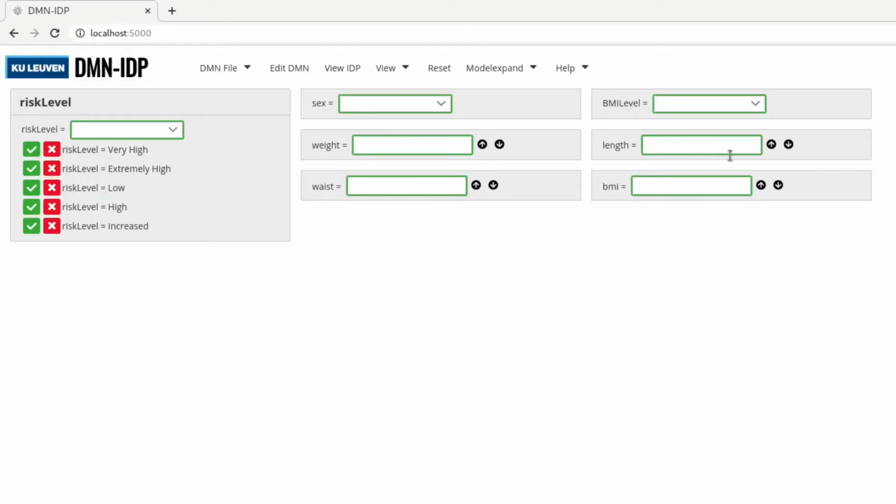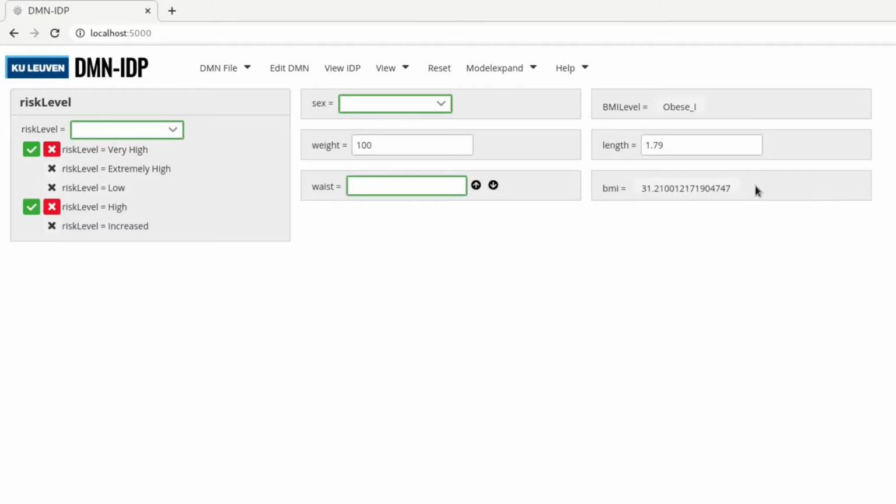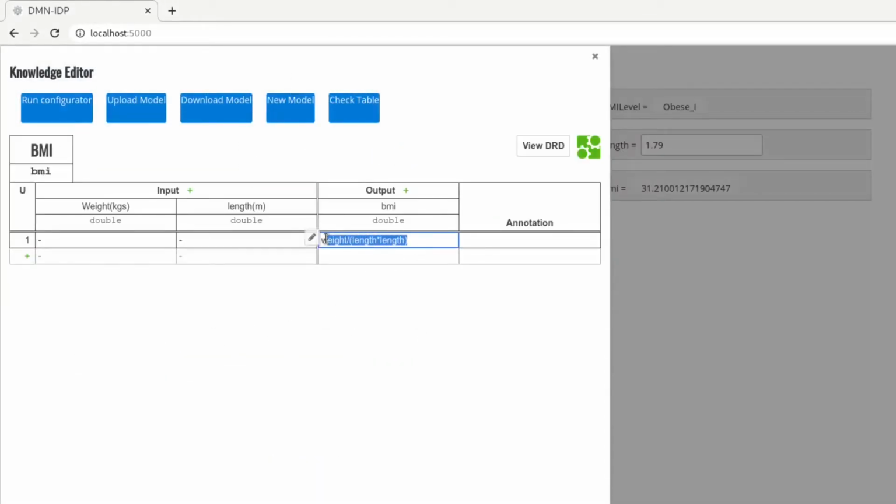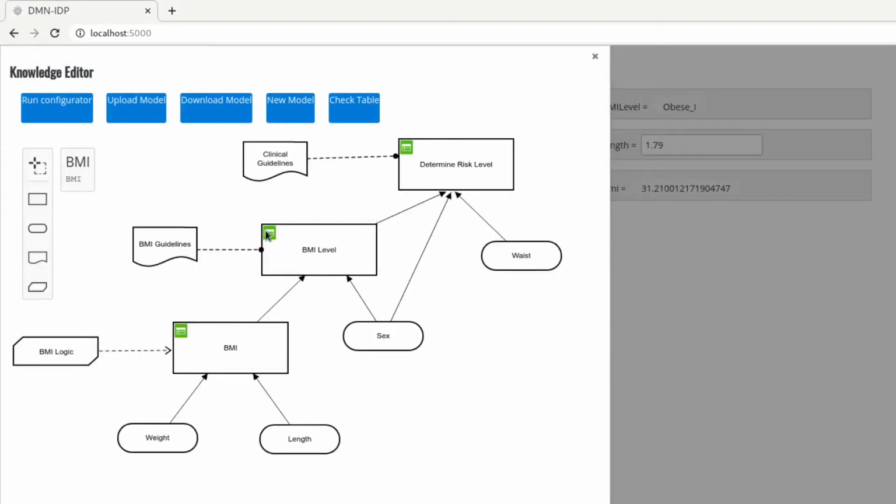We can now use this specification in the interactive consultant interface. For example, we can insert that the length is 1.79 meters, that a patient's weight is 100 kilograms, and then the system can find that their BMI is 31.2 and that they have an obese BMI level. If we look in the table, we can see that we calculated the BMI accordingly, and the BMI level,